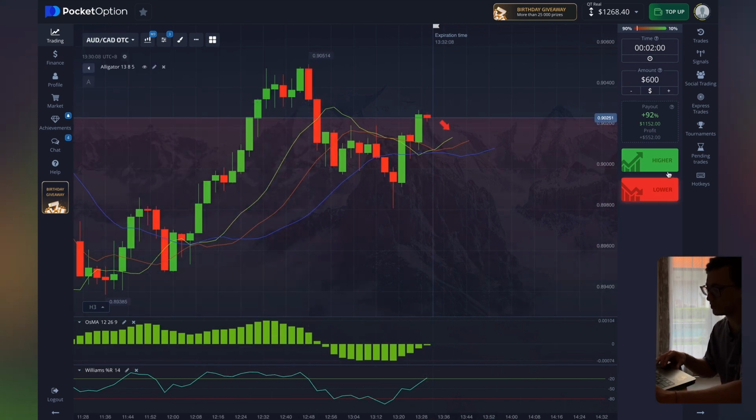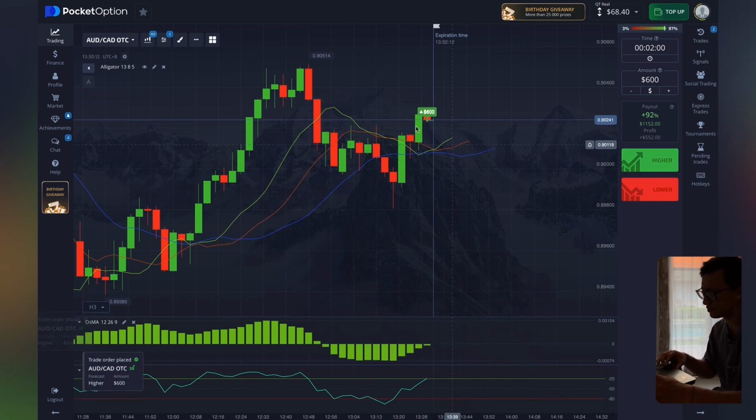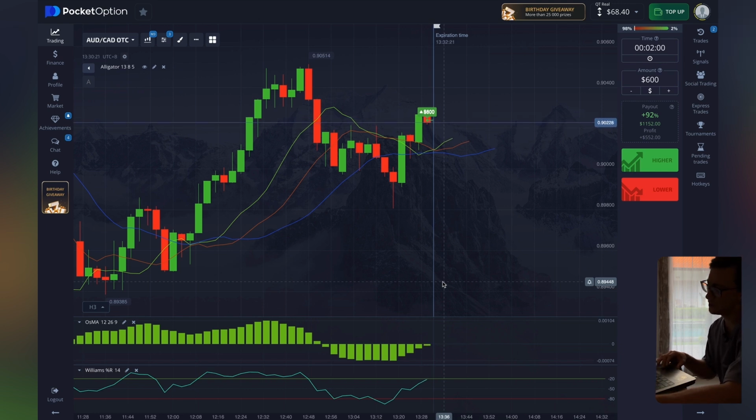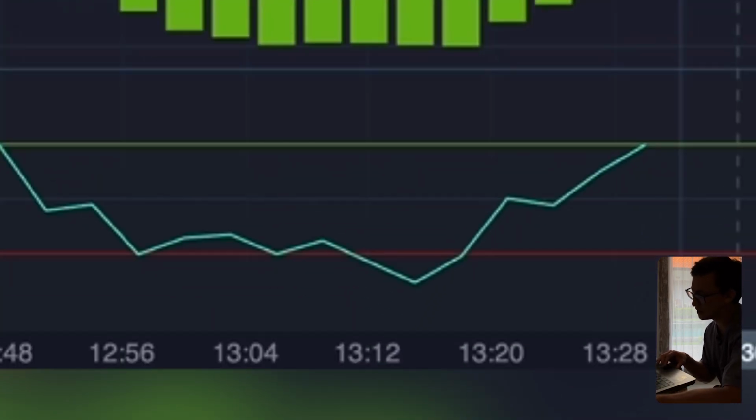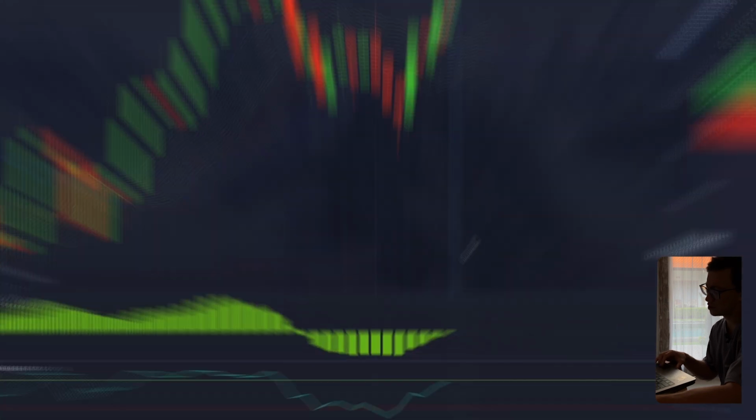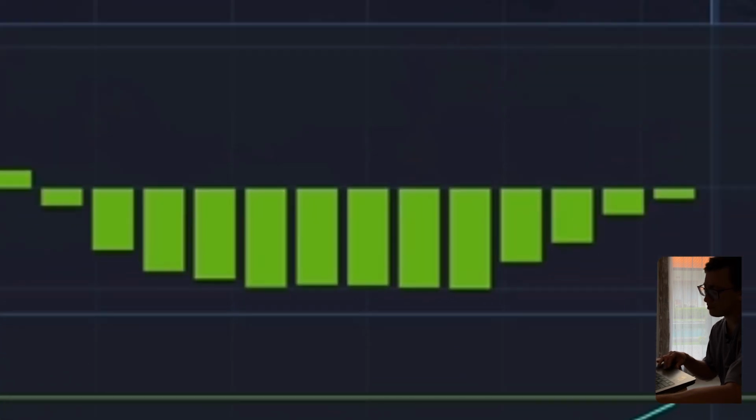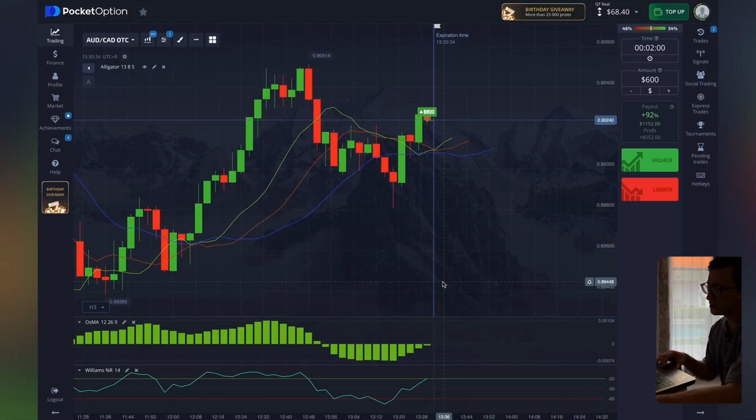So before us, the currency pair Australian dollar, Canadian dollar. I'm entering an upward trend and expecting profit. Let me explain in more detail here, guys. So we will pay attention to Williams. It clearly crosses the upper resistance line and is directed firmly upward. OsMA shows a change of candles from the lower range to the upper range, and the lines of the other indicator intersect and show an upward movement. Therefore, the entry point was correctly determined.